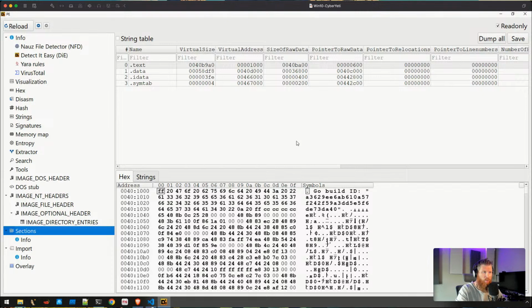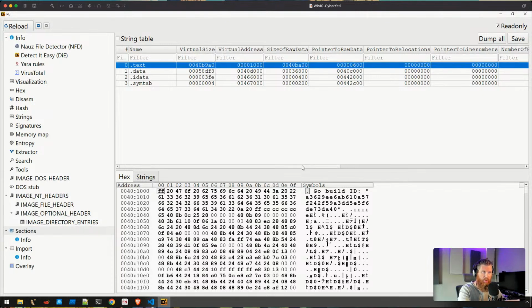Essentially what those properties, and those are exposed in Yara, are telling us is that the raw data, the raw pointer, is the section on disk. The virtual size, the virtual address, is the section in memory. When a PE file gets loaded by the operating system into memory, on disk it stores those sections at the raw offsets and the raw size, and then in memory, it uses those virtual ones. And so there's a difference.